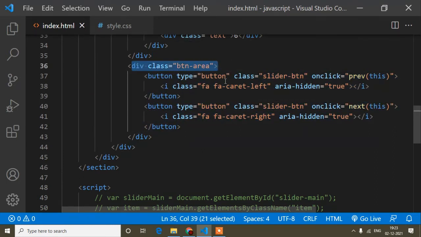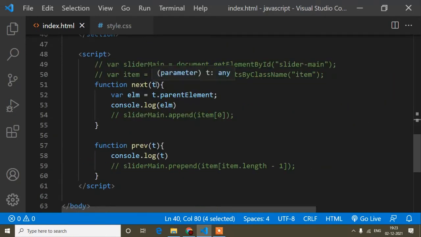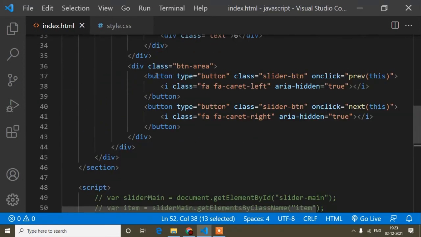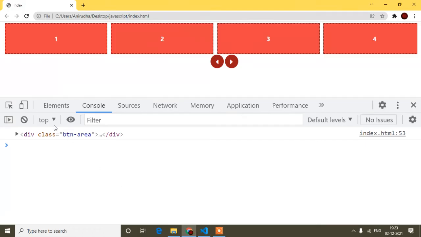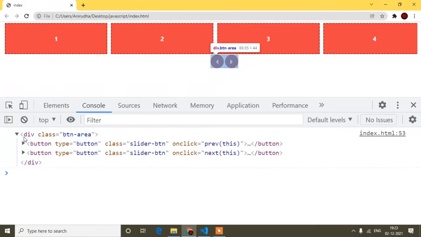So when I write T dot parent element, I'm getting the parent, this one button area. You can see I'm getting this one, and inside this parent I have the two buttons.